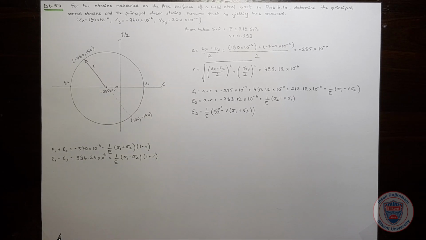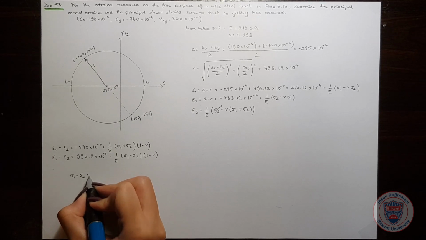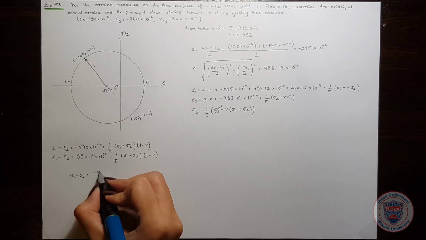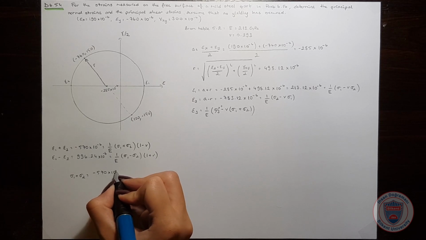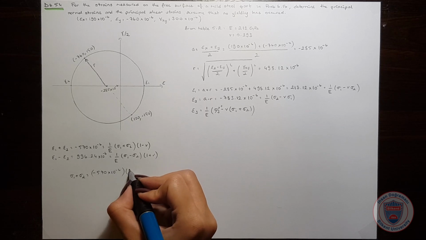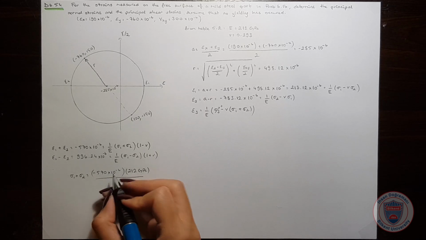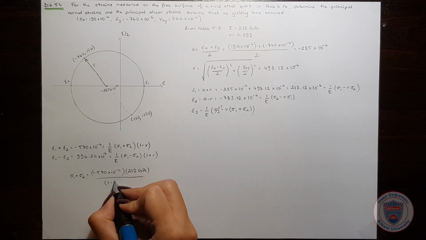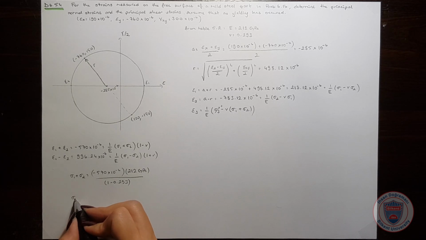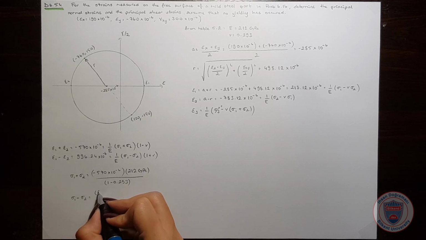When we make some arrangements, we see that sigma 1 plus sigma 2 is equal to, and sigma 1 minus sigma 2 is equal to